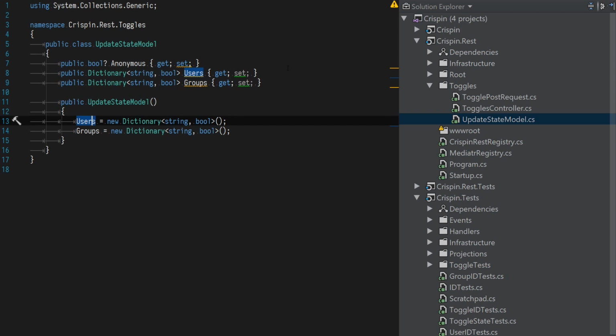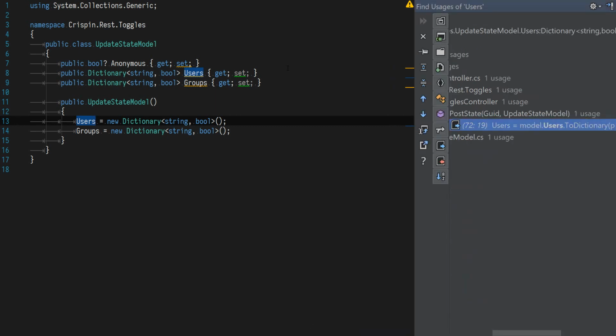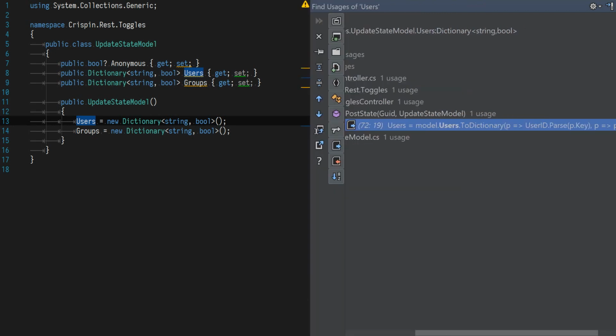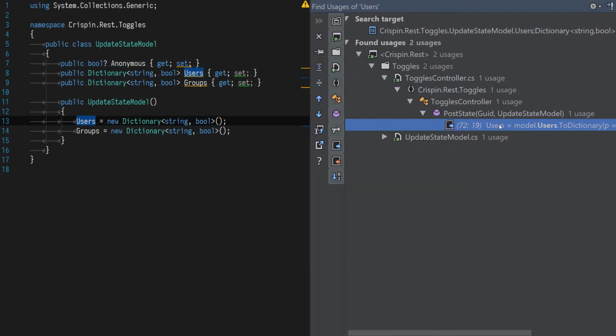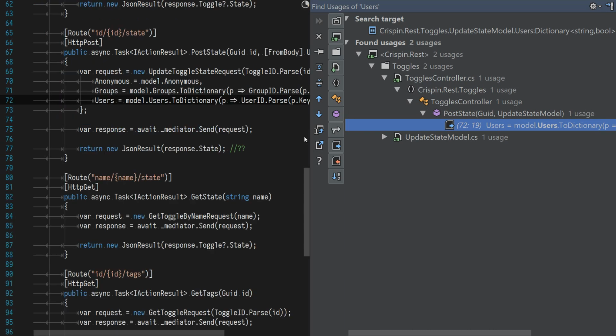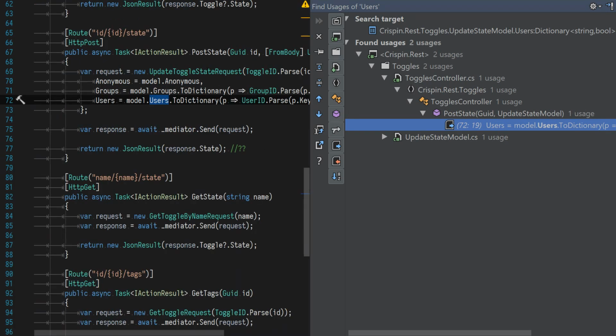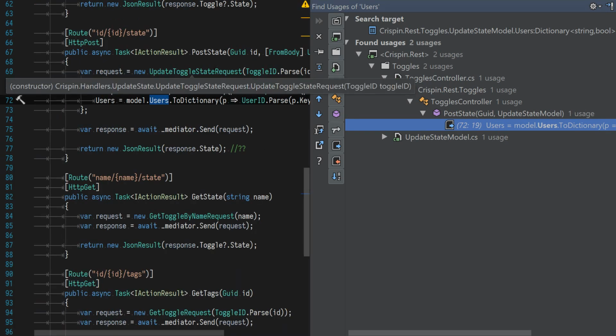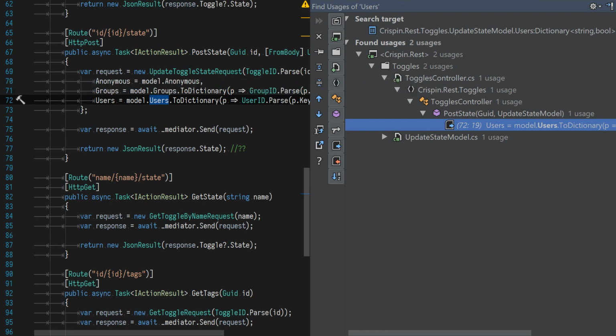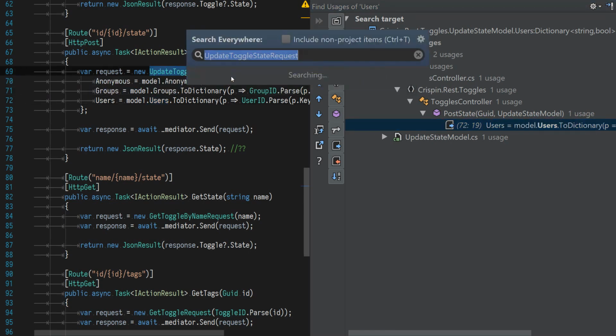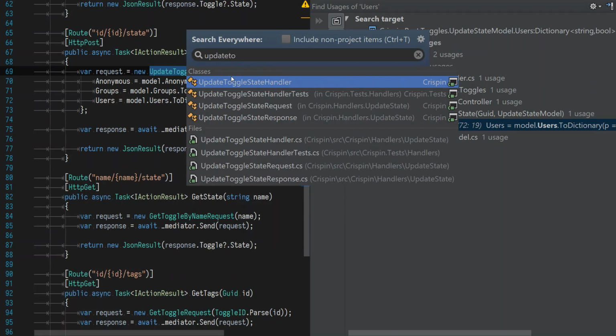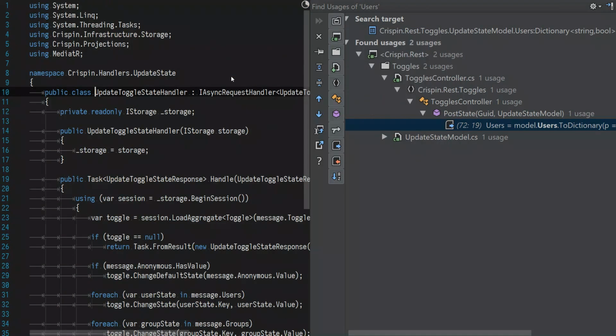Let's find the usages of these. Well, that's a helpfully sized window. So we create a request out of them. And then if we go to our update toggle state handler,